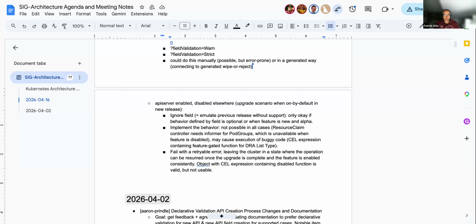Yeah, and these are basically the three options that I see. And the first one, the traditional one in quotation marks, is not necessarily the best approach, in my opinion. It's not safe in some cases. Yes, it depends on the feature. If it's really an optional field where it's harmless to ignore the field, then you can do that. But if it is something that changes the actual behavior,